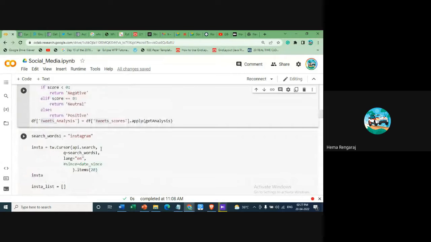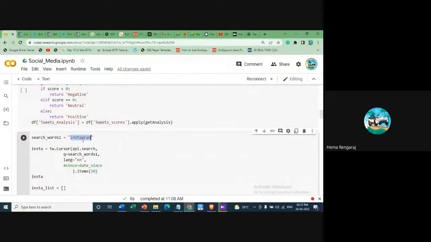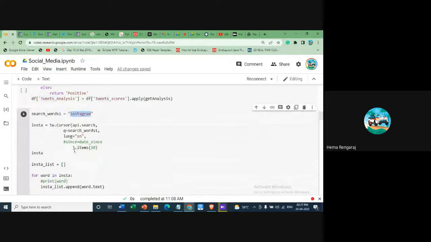And then here they are giving access to Instagram posts also. For that you have to use the correct keyword, Instagram, and you are going to do the same process inside the cursor. You all know why the cursor instance is needed: it takes care of fetching the various result pages, because it has to fetch 20 pages. Page 1, page 2, page 3, page 4. For the paging effect, you need to import this cursor attribute, and inside the cursor instance you need to pass the API search and the object, that is search words 1 here.